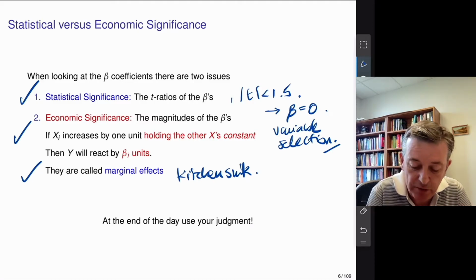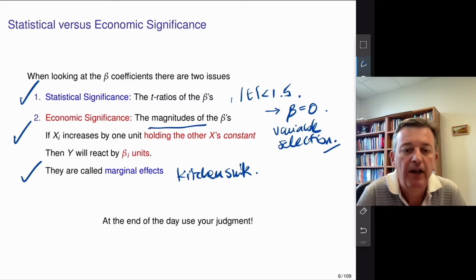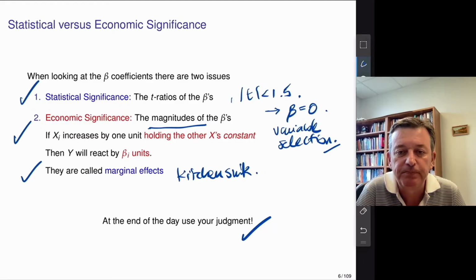So the magnitudes of the beta hats and the predictions. Keep that in the back of your mind as well. Don't be totally locked into your statistical significance criteria. And then at the end of the day, as with all of these things, with the diagnostics, with interpreting models, with variable selection, use your judgment, and prediction will be a good